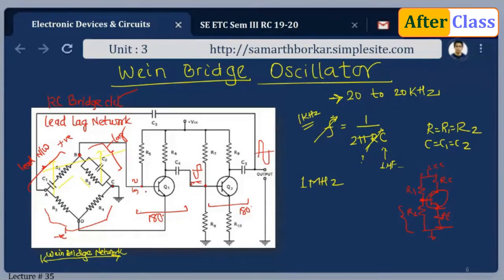But then it will so happen that with this simple arrangement, this will work, but your frequency is not going to remain stable. And the very first thing and the last thing we want from the oscillator is that I have to get a stable output frequency. That is the job of the oscillator. That's why it is called an oscillator. Fine. So that care is taken by this network. One job of this particular circuit network is that the frequency is kept constant.